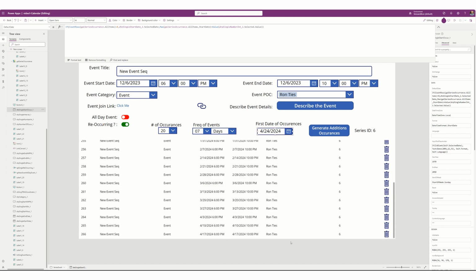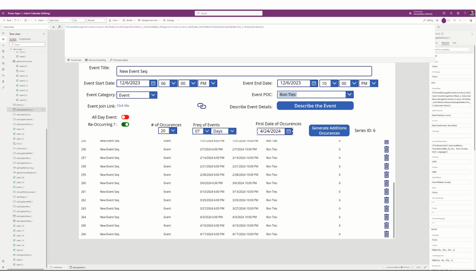If you come over to the bottom, you'll see 417 is the last item in this thing, right? It adds 7 days to it, and that's how I get 424. Okay. Up here, series ID. I'm just looking at the series ID of this item up here, which should be all the same down here. So that's that. Now, if I hit generate additional occurrences, it's going to start on this date and make 20 things. However, whatever you have set here,